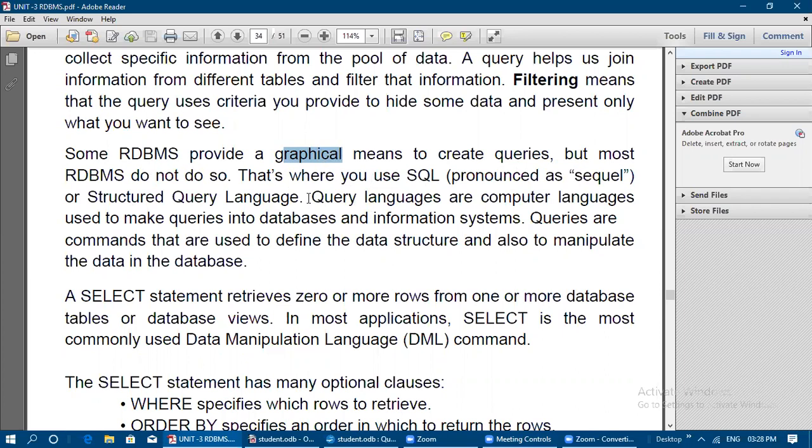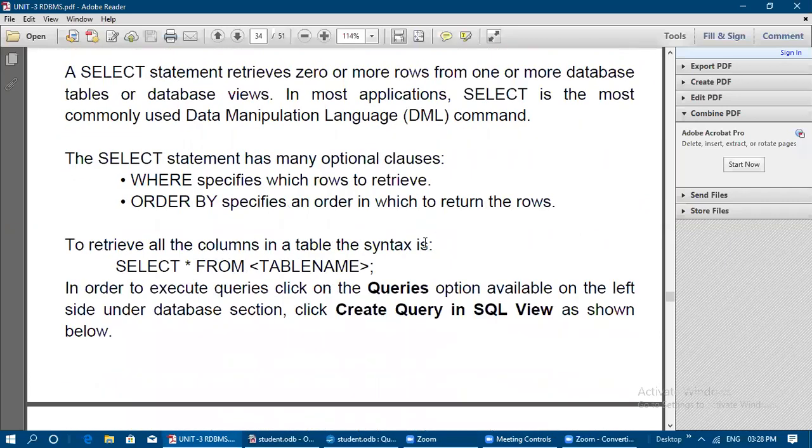Query languages are computer languages used to make queries into our databases and information systems. Queries are commands that are used to define the data structure and also to manipulate the data in the database.